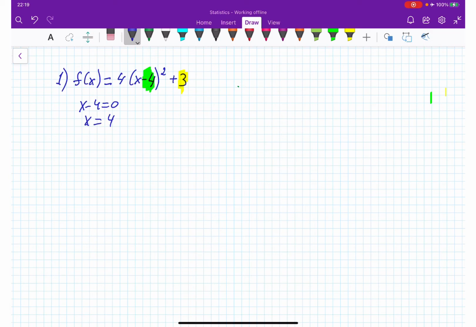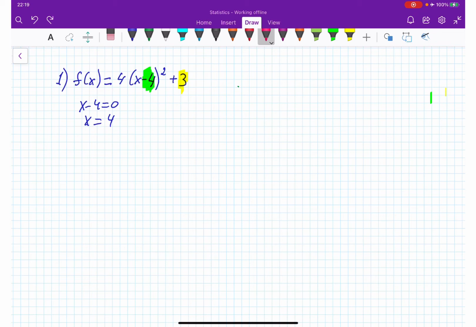But if I take this entire thing to be 0, then f of x is equal to positive 3. For that very reason, we are shifting the x towards the opposite sign,